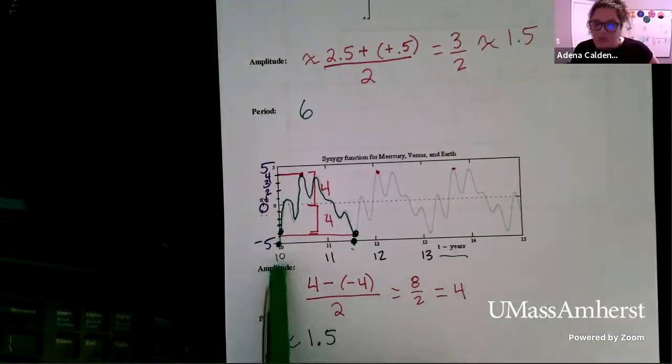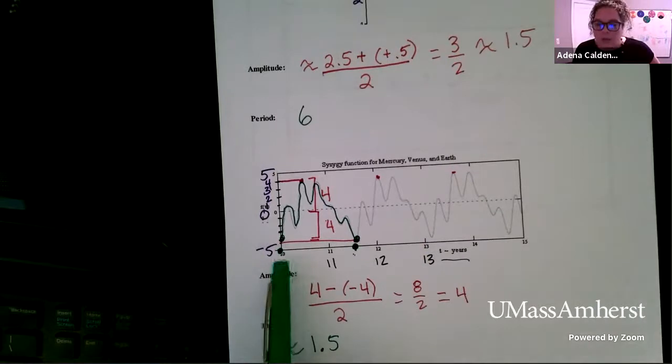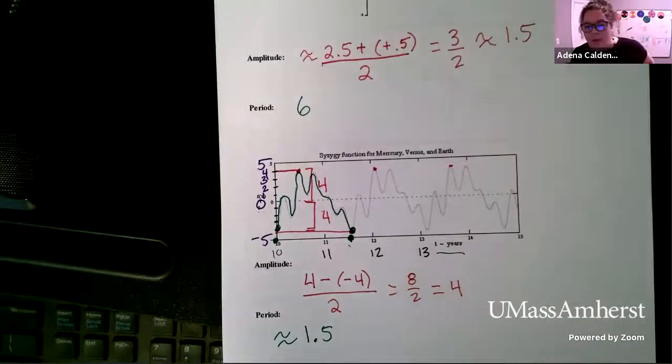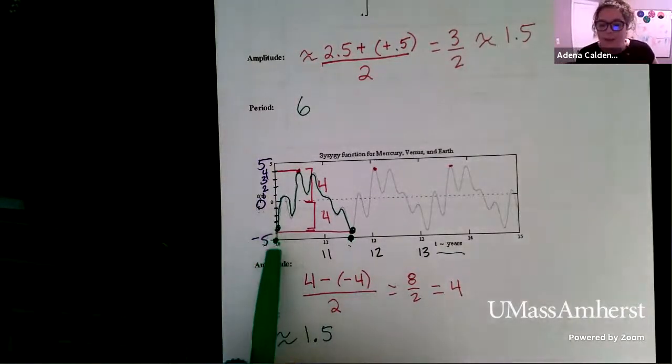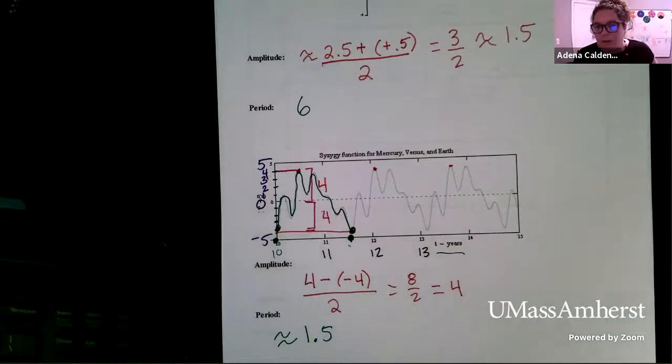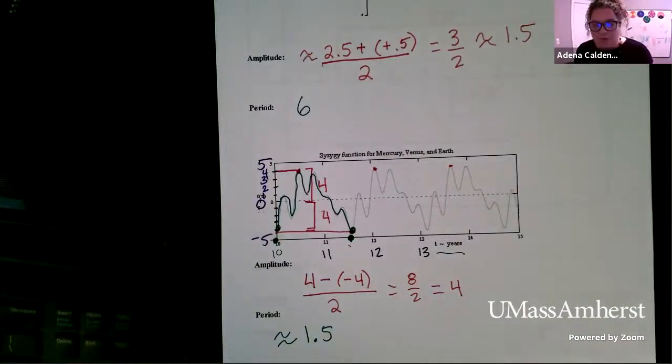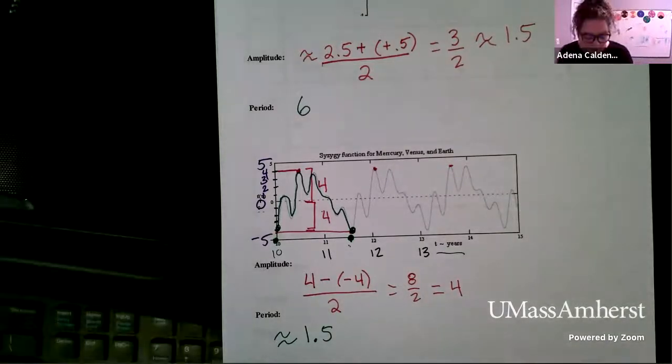And again, because I started at 10, I went from 10 to 11.5. That is 1.5 units. I don't want to write 11.5 because I wasn't starting at 0. I was going from 10 to 11.5, which is 1.5 units. So that's just sort of the general way that we think about and talk about amplitude and period.